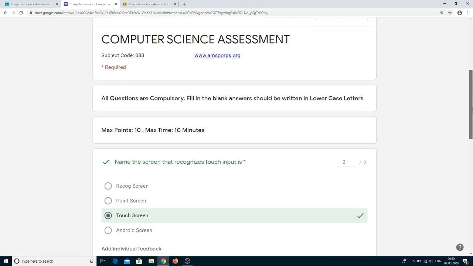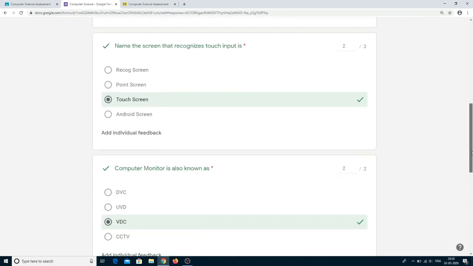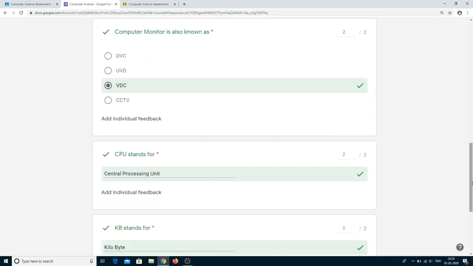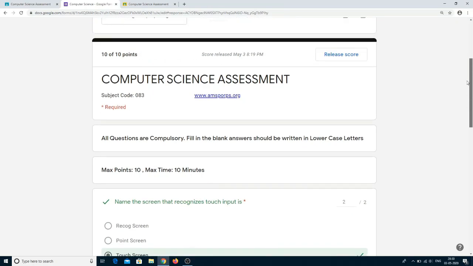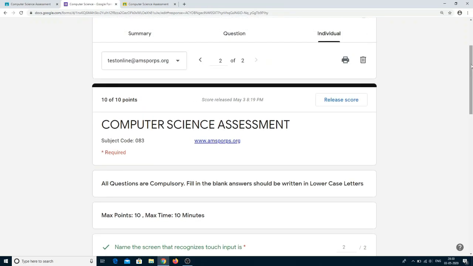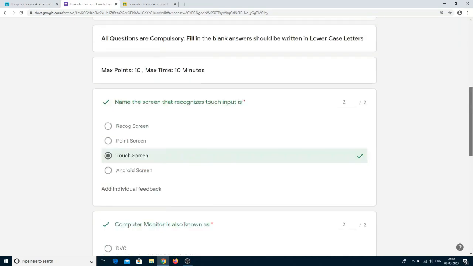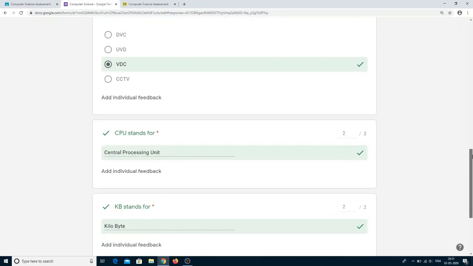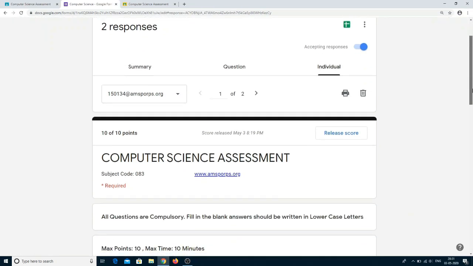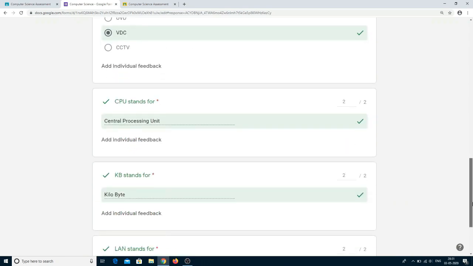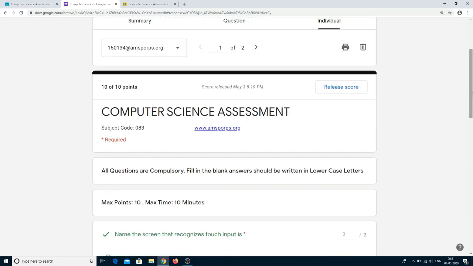Second student: first answer 2 marks, second answer 2 marks, third one 2, it's a right answer. So all the questions are correct now. Once the verification is completed for the 2 students, the first student also has all questions correct.